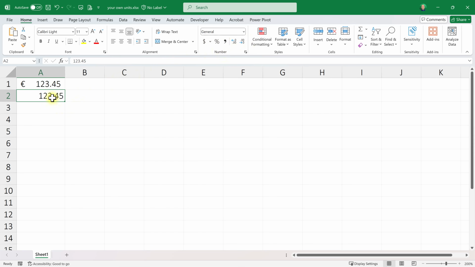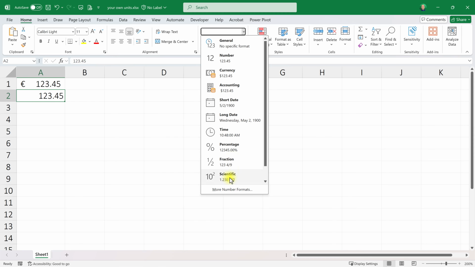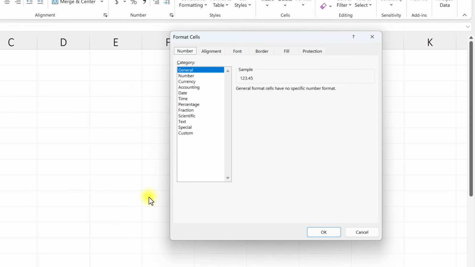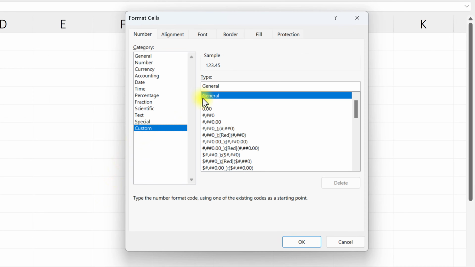If I want to write this number with the unit square foot behind it, select this cell, open this list of number formats, choose more number formats, choose custom, and then type your custom number format here. I'm going to type 0.00, and this means that the number must be displayed with 2 decimals. You can see a sample here, and behind the number I type space, and then between double quotation marks, square